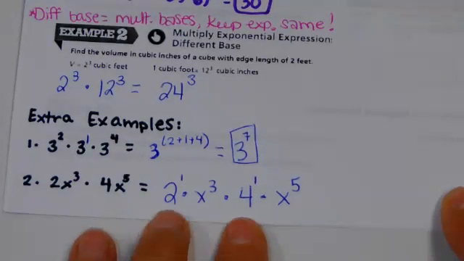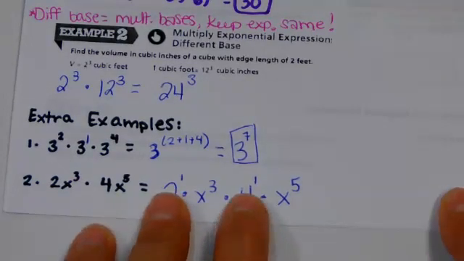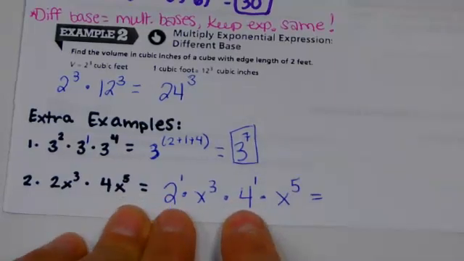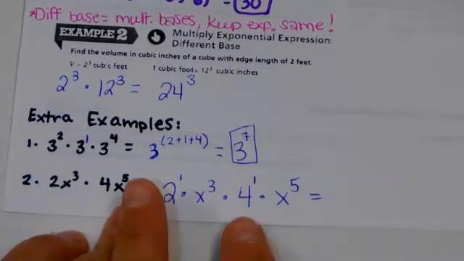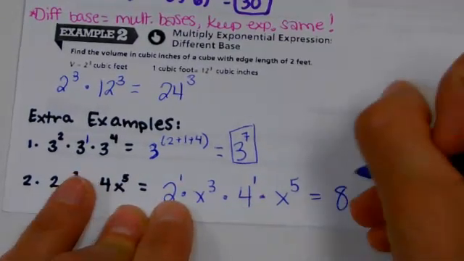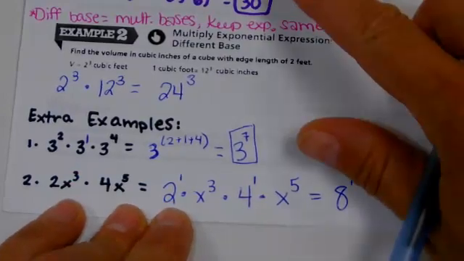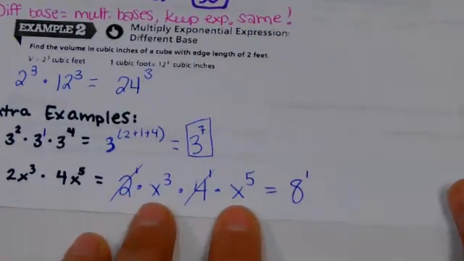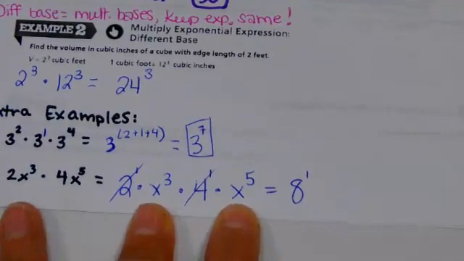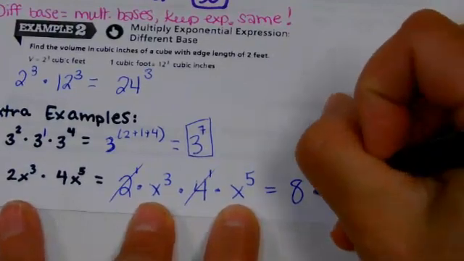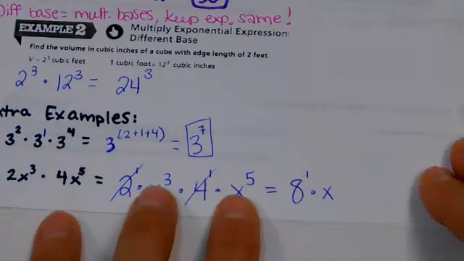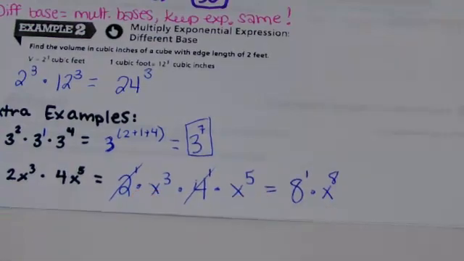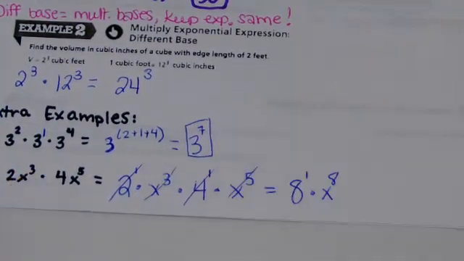So these two are different bases and the same exponent. So I'm going to use the power of products property, and I'm going to multiply the two bases, 2 and 4, and keep the exponent of 1. So 2 times 4 is 8. And I'm going to keep that exponent of 1. That's our second property. So that's done. Now I have two bases that are the same, which is x. So I can keep that base, x, and I add the exponents on there of 3 and 5 to get an 8. Okay, and so now I've used both properties,